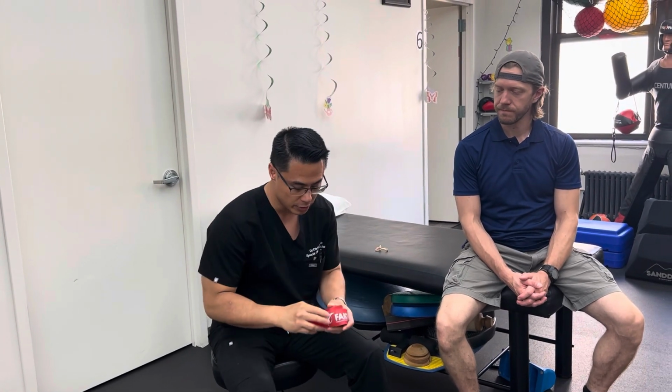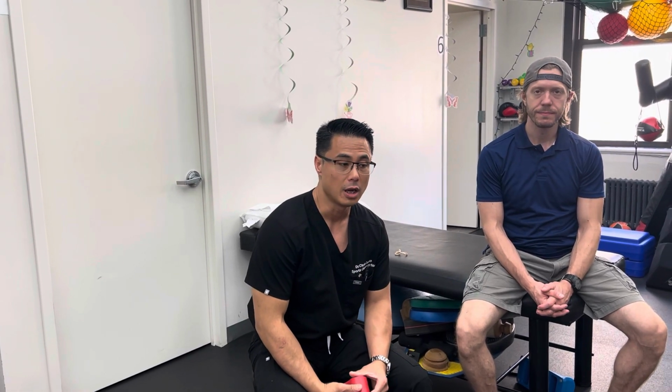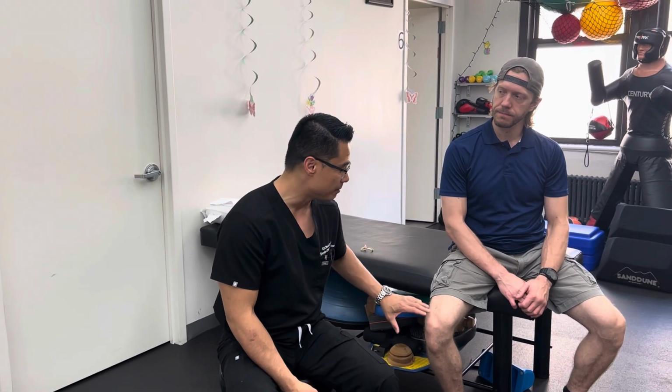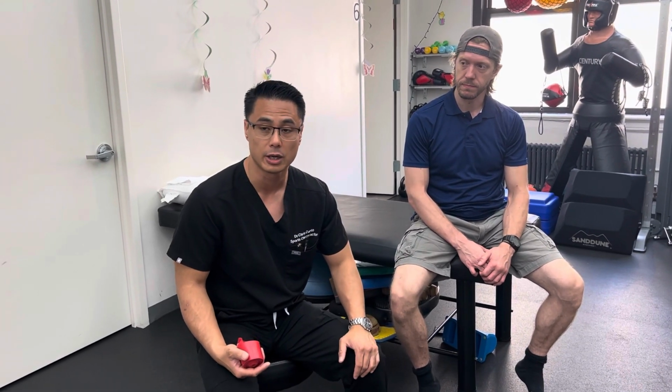So what we're doing is a lot of deep ischemic compression when we're dealing with any type of chronic sprains and injuries with the joint. This is something that has come out from the gym, but a lot of research has been coming out with it too. It's almost similar to blood flow restriction, but not in the sense we're trying to restrict blood flow. That's not the purpose. It's really meant for extreme myofascial ischemic compression into the joint area where there's a lot